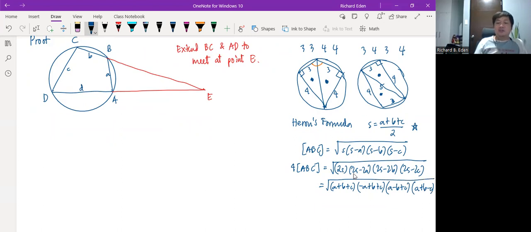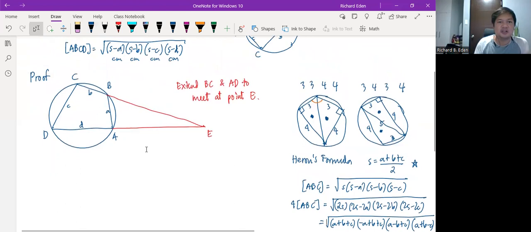So you write down 4 factors. One of them is the perimeter a plus b plus c. And then the 3 other factors are versions of that, but with each of the sides appended with a negative symbol. Okay, and then this expression is not the area, but rather 4 times the area. So for this triangle,